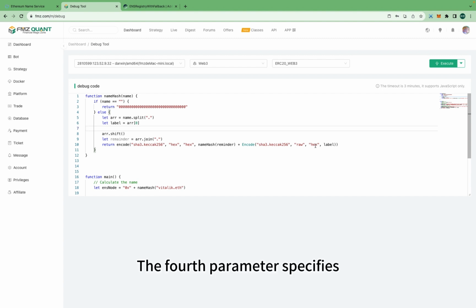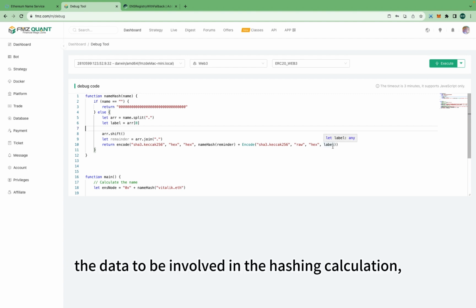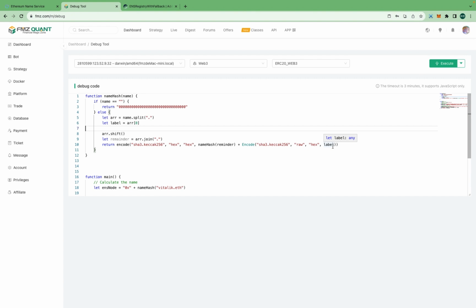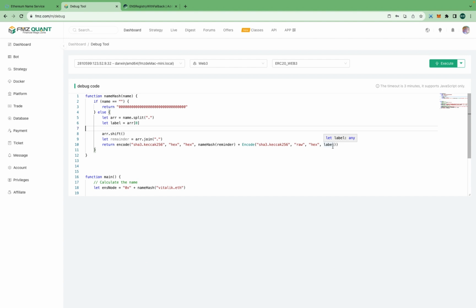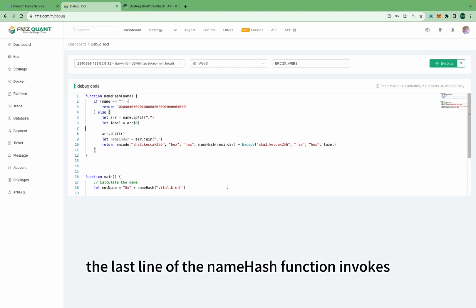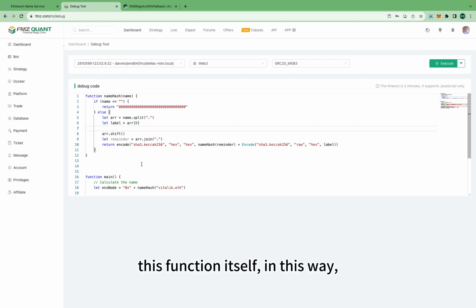The fourth parameter specifies the data to be involved in the hashing calculation, which can be either a string or a byte array. It is important to note that the last line of the nameHash function invokes this function itself in this way, processing the entire domain name string and converting it into a 32-byte